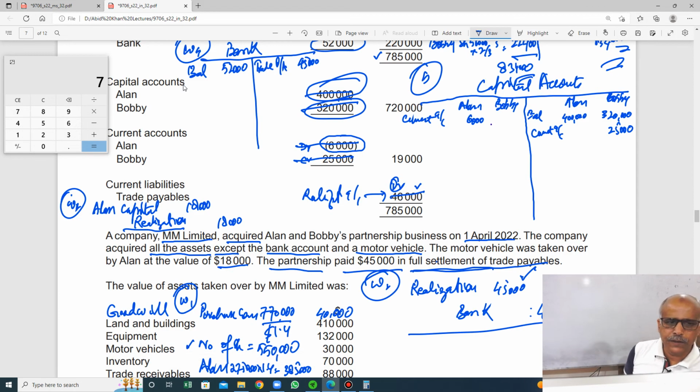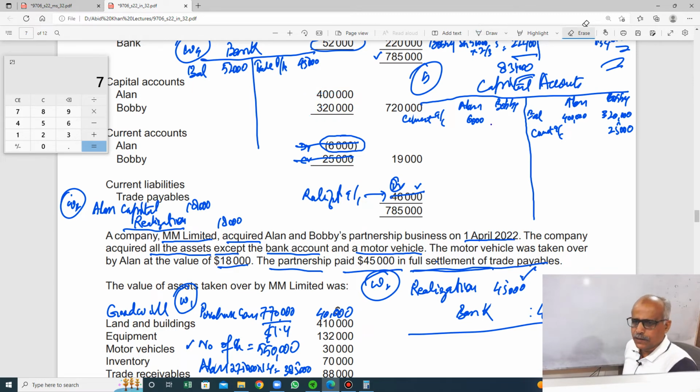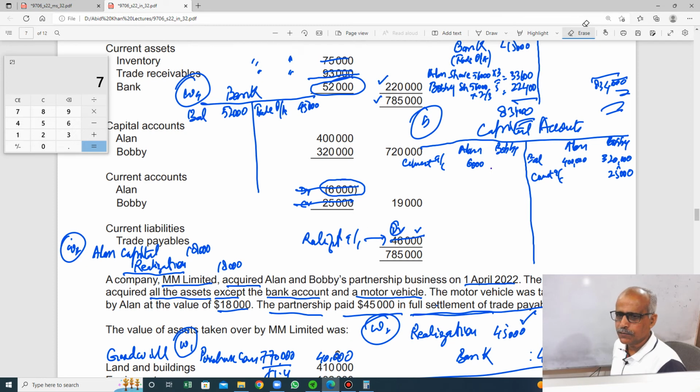Just 1 minute, wrong button was pressed. Okay, where we were? 6,000, right? Just one thing I wanted to tell you, we have not closed this. This account is capital account is there. Yes, current account we have closed. Now we have closed all accounts, and now we have to share this profit. Will be shared with them